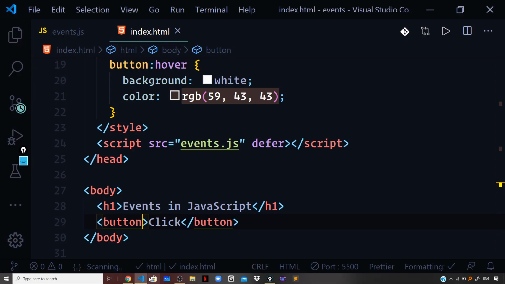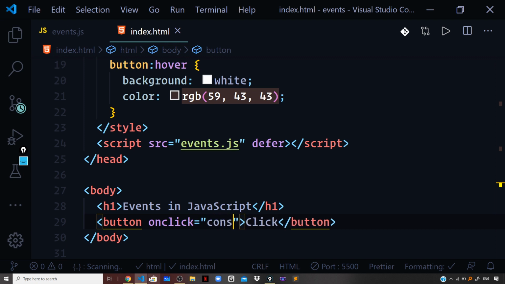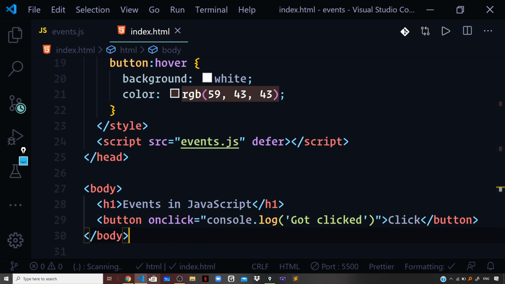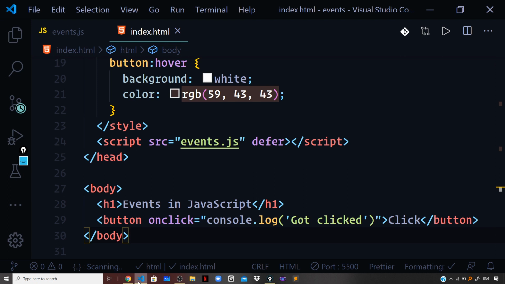So back in my Visual Studio Code, I will go on the button and attach an on-click attribute. So on-click, on the click of the event, I want to trigger a certain piece of code that will say console.log, in single quotes, 'got clicked'. And let us go back to the browser to see if it works well or not. So if I click on the button, you can see it says got clicked. Okay, so this is how we can define a click event using the traditional approach of attaching a listener on